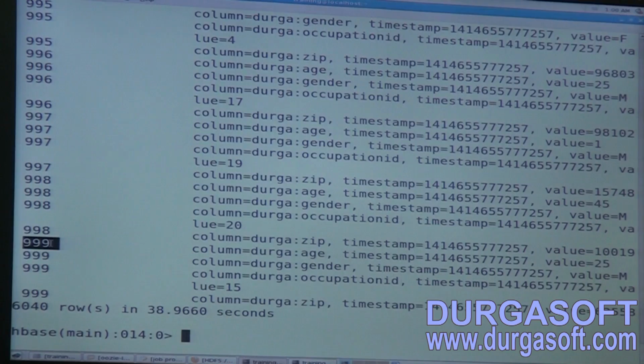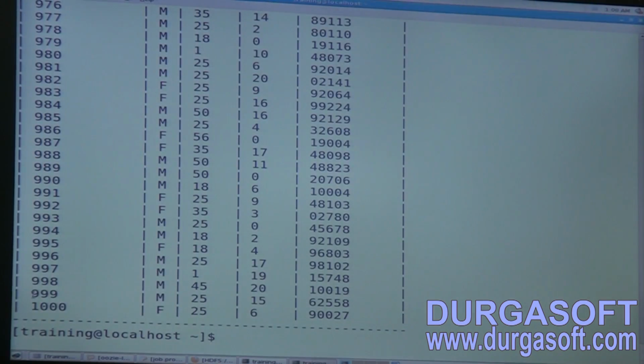999 is actually what? ID, right? Right or wrong? This ID will be taken as a row. ID will be taken as a row. This is a default format for your HBase. So basically, in our previous example, I have just shown you that